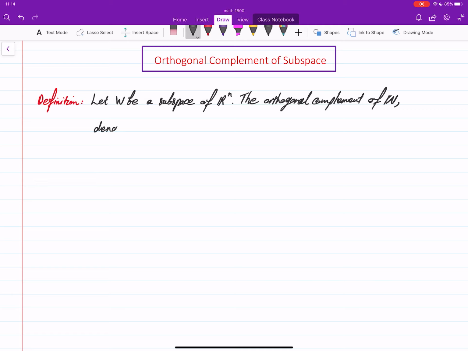We denote it by W perp. It is a set defined by, so W was the original subspace, and now we have W perp. This is a subspace. It is a set of all vectors in Rn